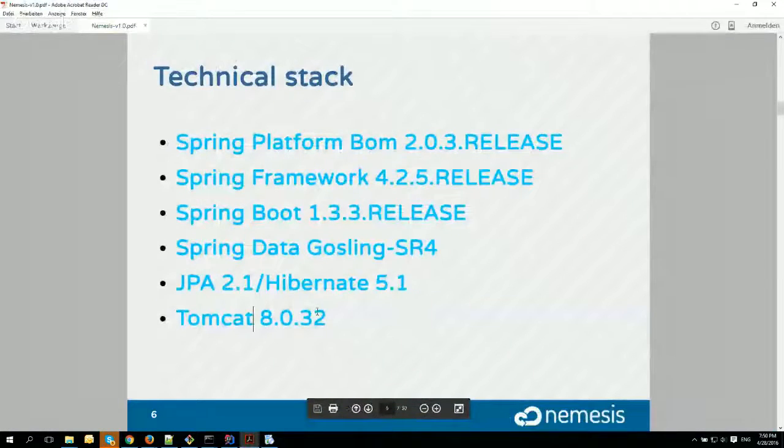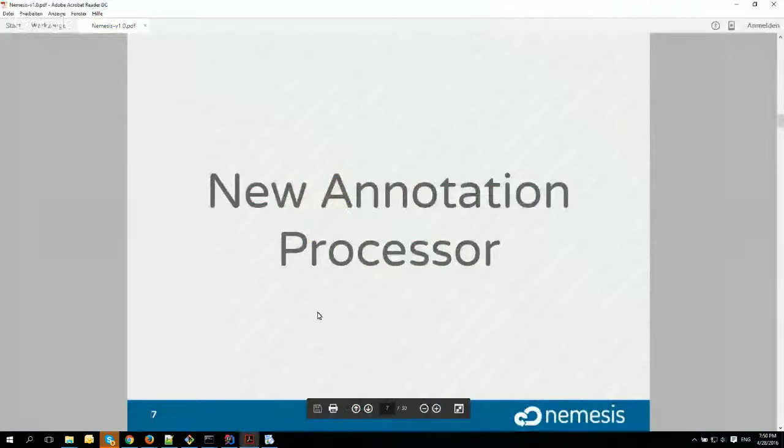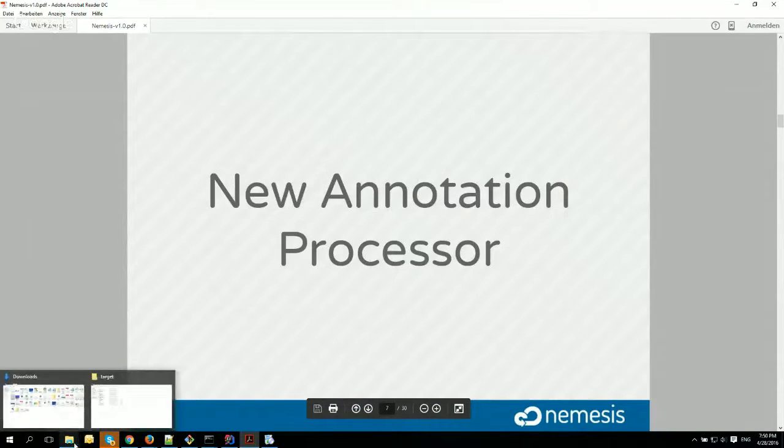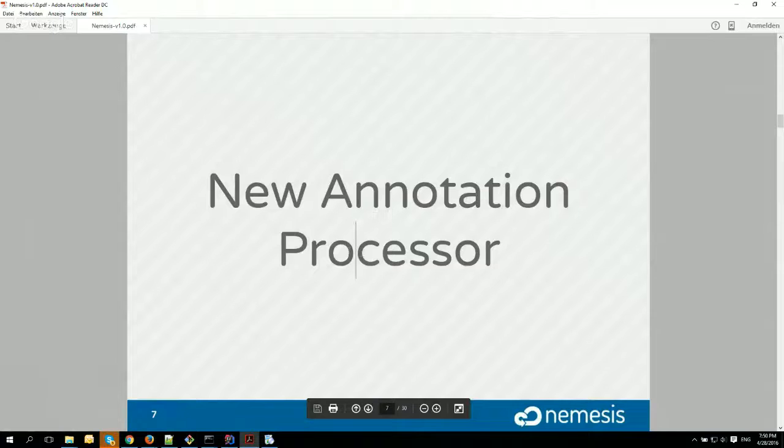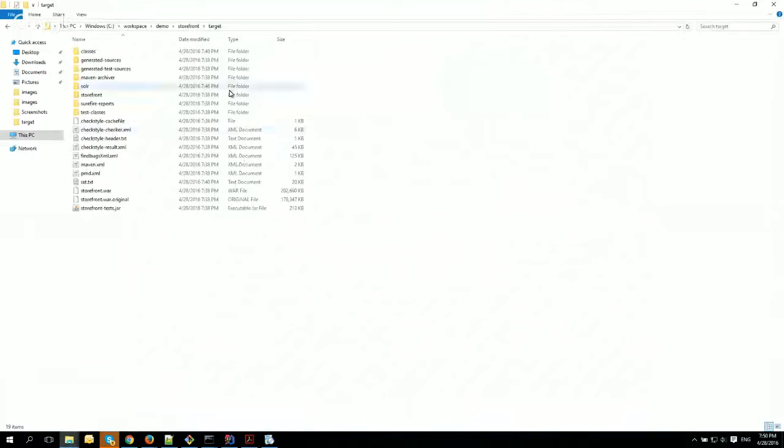Cool. So let's proceed. What's new in this release? We have a new annotation processor. We have completely rewritten the annotation processor. It's now a lot faster, and it has several new features. For instance, if you remember correctly,